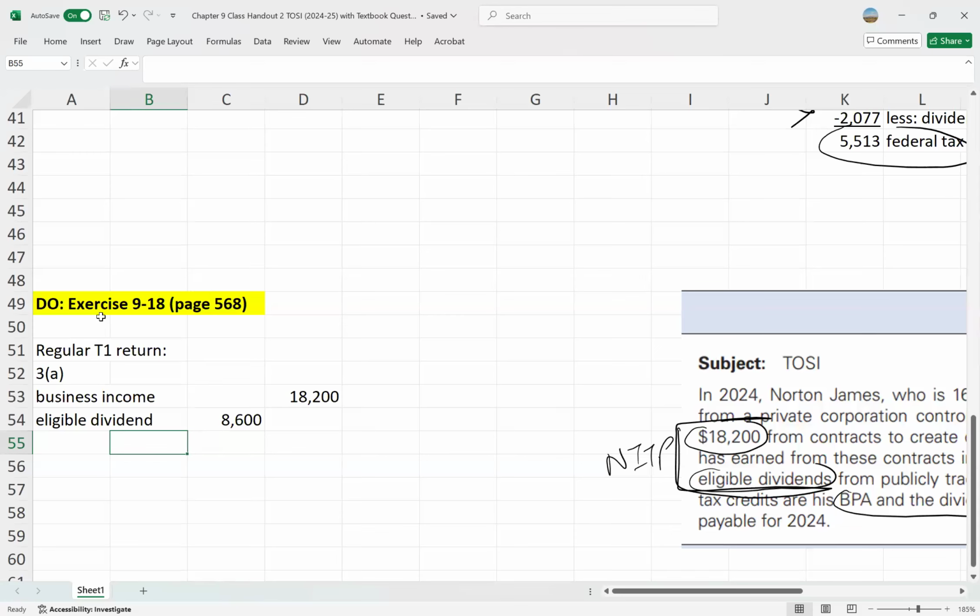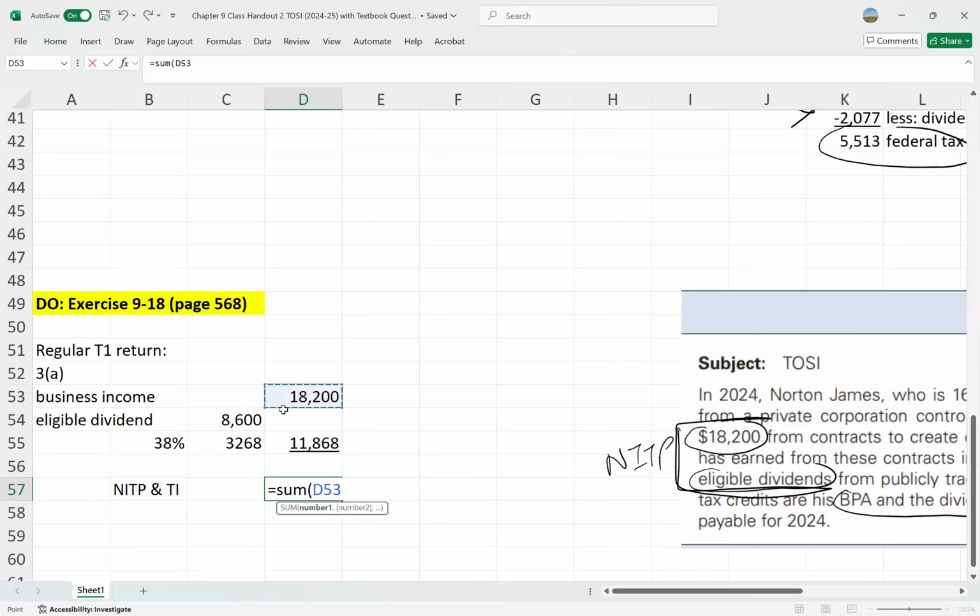The eligible dividend, the gross up is 38%. So that's going to be $3,268. So the taxable dividend is going to be 11,868. And so on his regular T1, his net income for tax purposes and his taxable income will equal